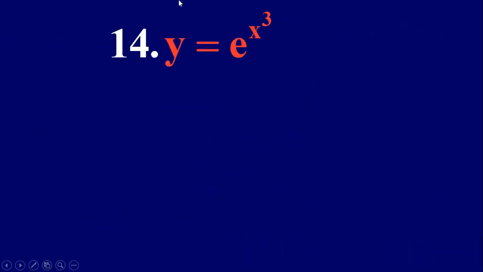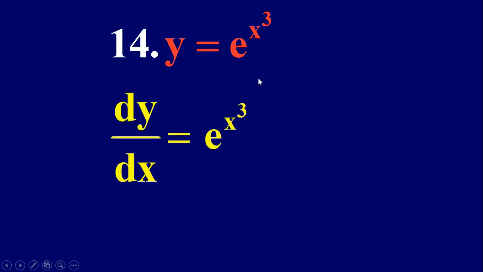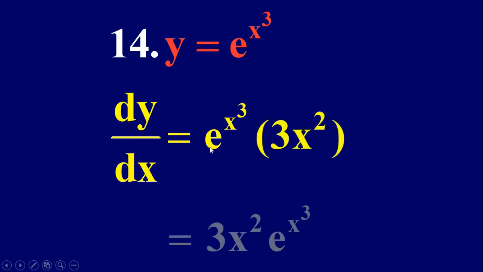So next one, y equal to e to the power x cube. It is of the form e power x. So e power x differentiation is e power x only. So dy by dx is e power x cube only. But in place of x we have x cube. Again you have to differentiate x cube. X cube differentiation is 3x square. So therefore it is 3x square into e power x cube. If y equal to e power x cube, then dy by dx is 3x square into e to the power x cube.